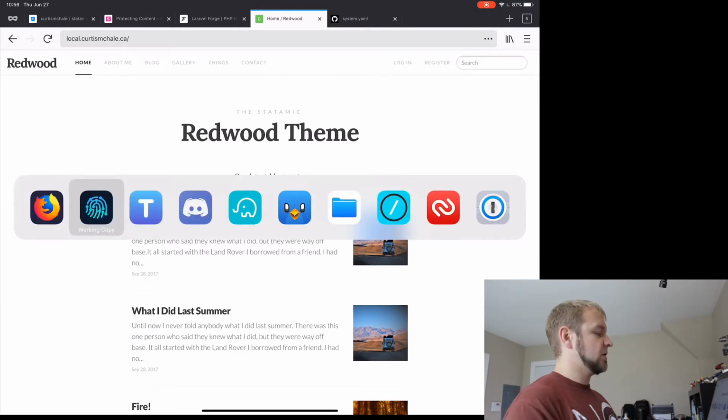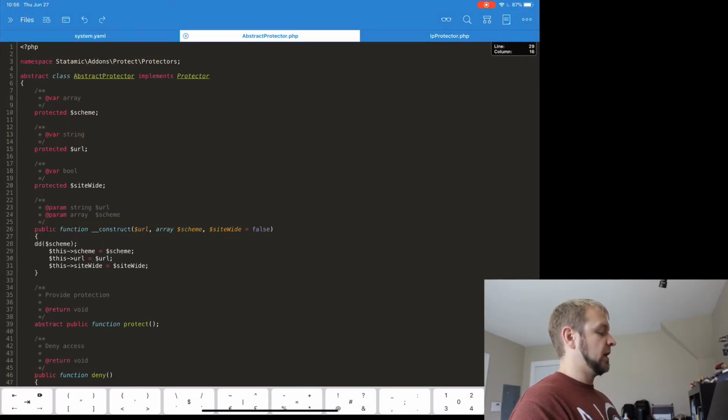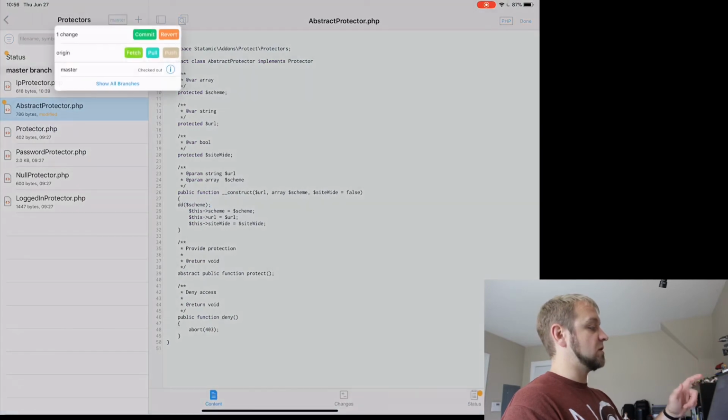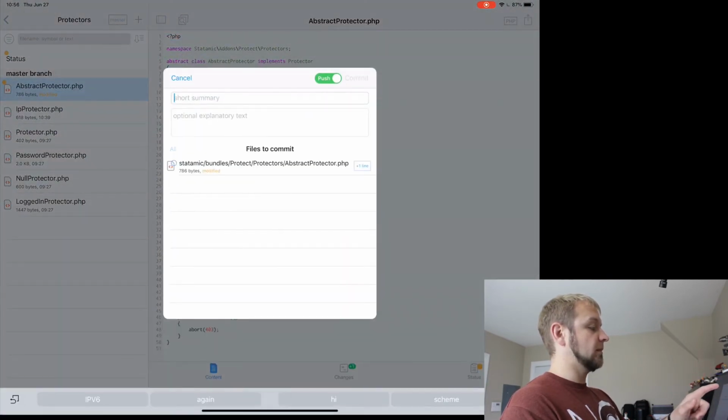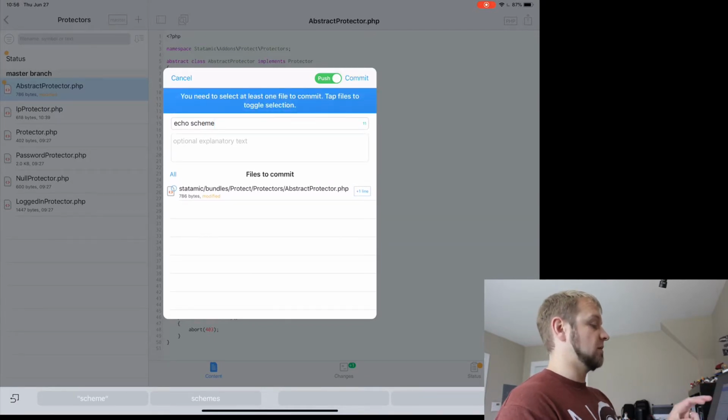Now, a couple other interesting things that Jack got me to do as a debug is this. Here's one. So I should be able to undo. And so here I have DD scheme. I actually don't know what DD is. It's a Laravel thing. I don't know yet. But that is going to echo out the schemes that are available for me, or what scheme it's using. Echo scheme. I'll spell it right because you super care about that. Oh, I gotta select one